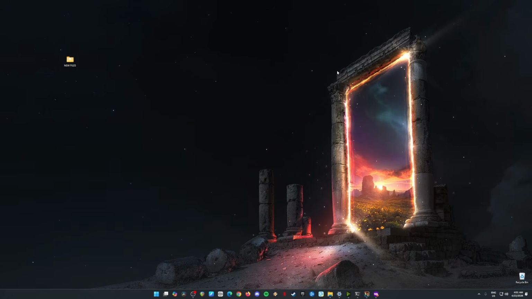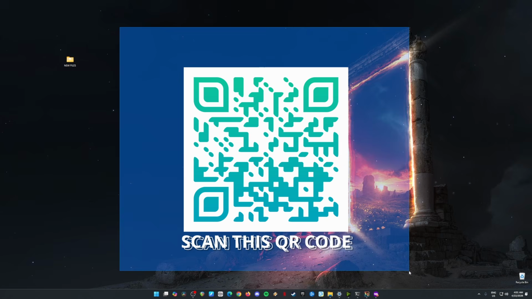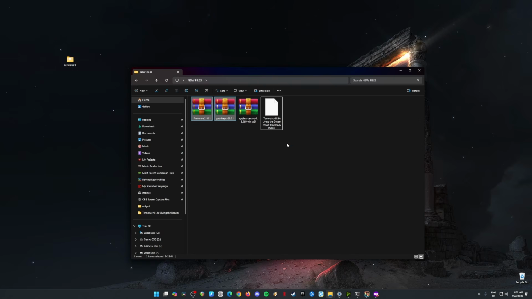step. So to get these files, all you have to do is just prepare your mobile phone and scan this QR code here with your QR code reader so that you'll be redirected to the page wherein you can get all of these files here. So once you have all these files loaded into your phone, be sure to transfer them into your PC via USB cable or via Bluetooth. So I'm just going to assume that you have all of these files now, so it's time to install them